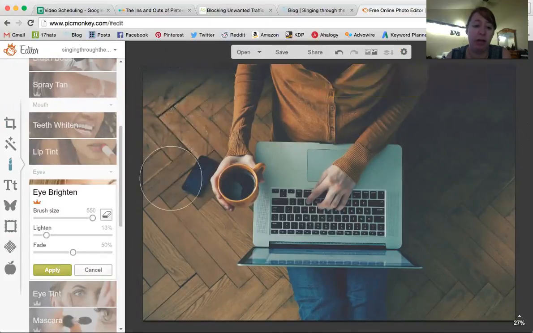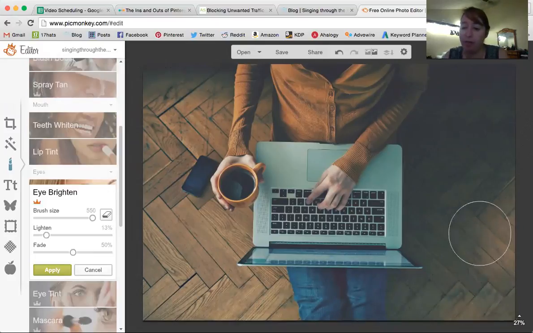I am brightening up the floor. And right now I'm only going around because I remember with this image, if I brightened everything, sometimes it doesn't look right. So you kind of have to play around with it. And as you can see, it's starting to brighten up. And I like it because it just brought a kind of dark image to